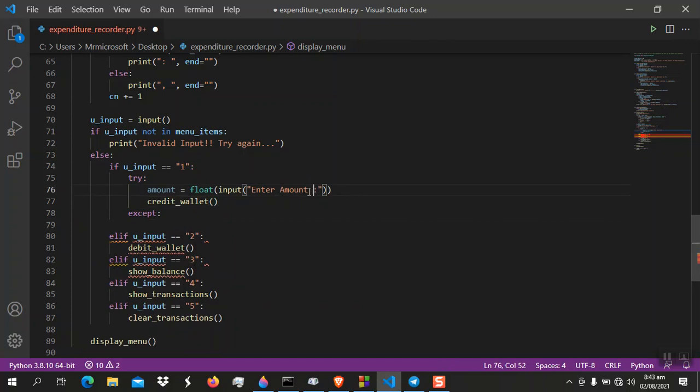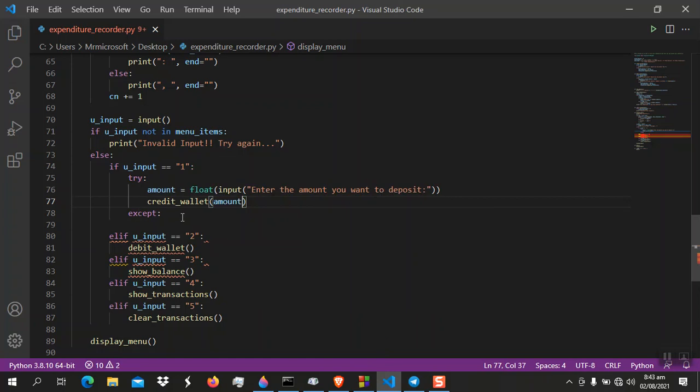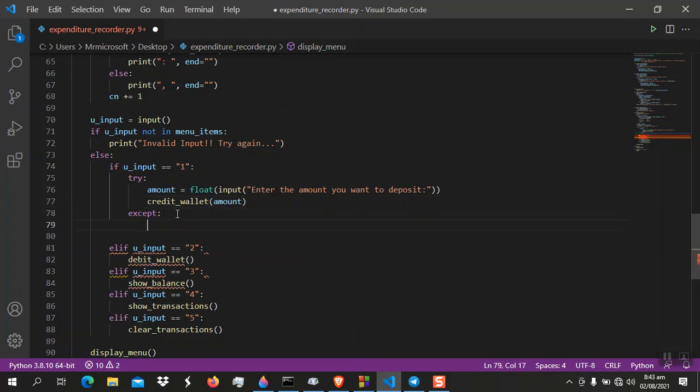Enter the amount you want to deposit. So in this case, let's say the user enters some amount and then we credit wallet amounts. So simple. Now, if we have an exception, for example, maybe the user just entered some character or made a mistake,